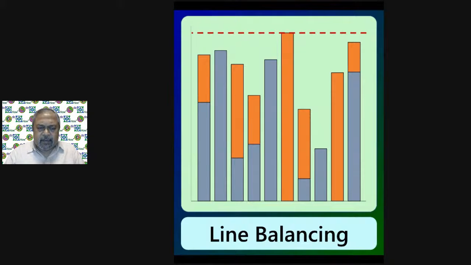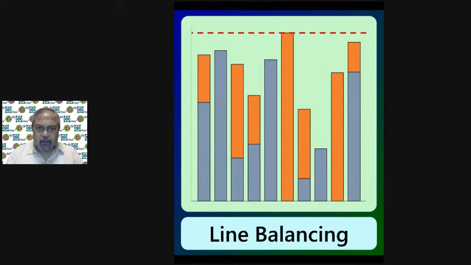It's a diagram which has got columns, and each column represents the total cycle time. Cycle time is the total amount of time that one requires to perform a particular task or an operation in that particular station. So each has got two colors there. You can see that one is gray color, the other one is orange color.